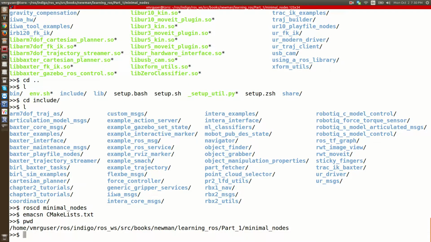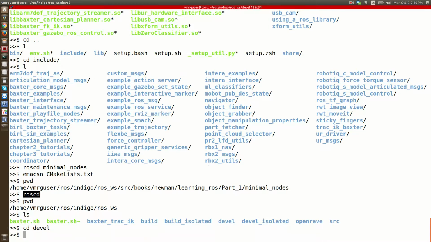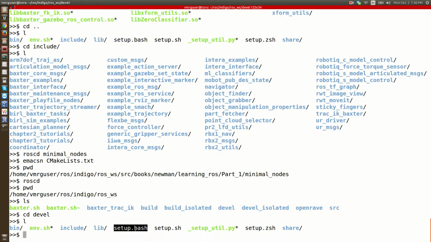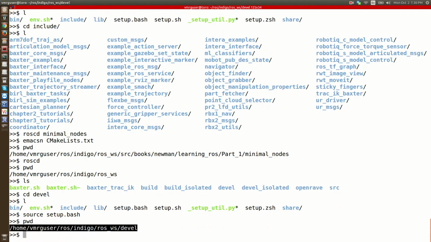If I go to the top of the workspace, right here to ROS workspace, you can do that quickly. If your workspace environment variable is set up, you can quickly just type roscd and you will do that. Then we can go inside of devel, and here we have the setup.bash file, which we can source in a particular terminal to be able to access the code related to this workspace. This, of course, is done in the bashrc file as well in order for all terminals to be able to do that. So if I want to see the bashrc file,